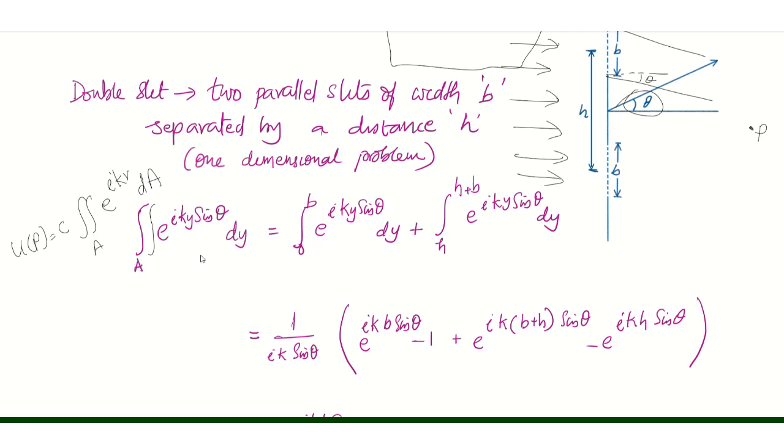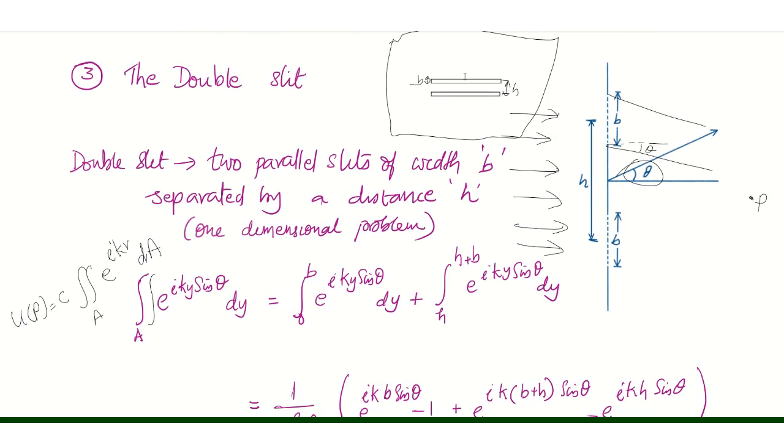That's the same expression that we will use for Fraunhofer diffraction. Since our integration is along one plane, you treat this as a one-dimensional problem, and therefore the integration is